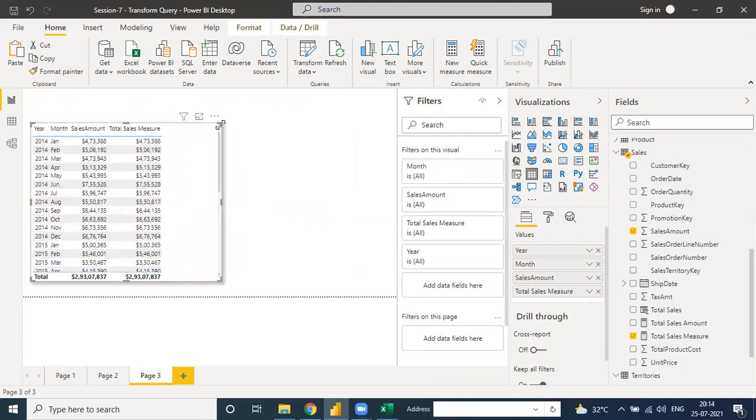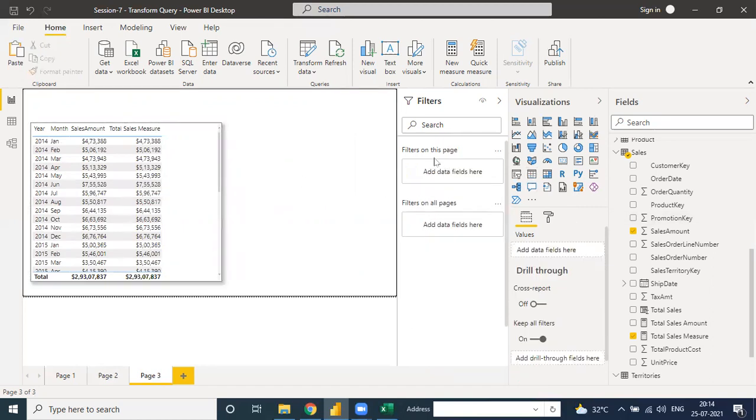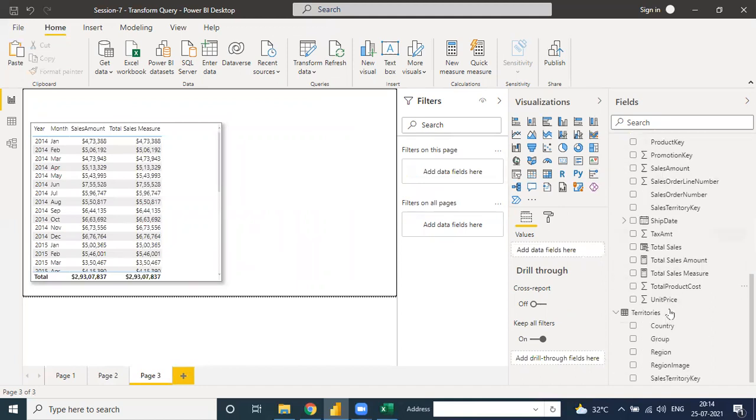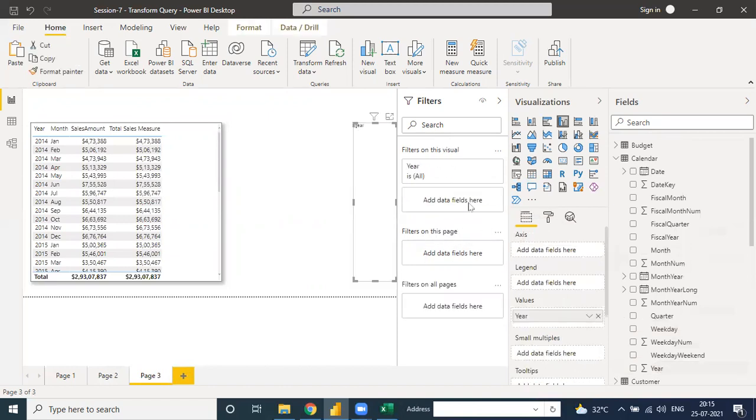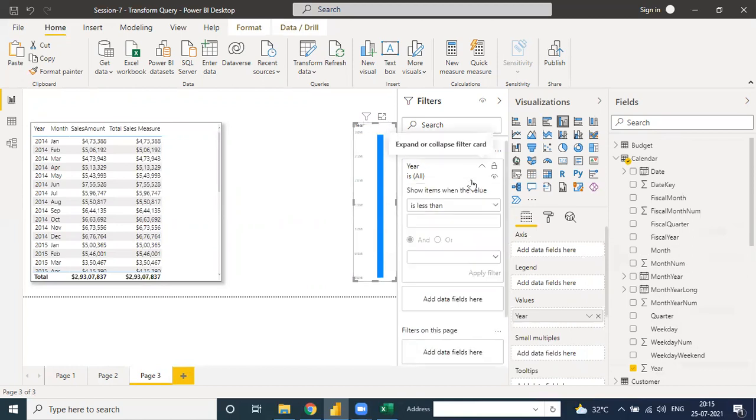So what we did last class, put the sales value in this field, and on the basis of page, put the year. Where is the year? Year one here, and go to this.